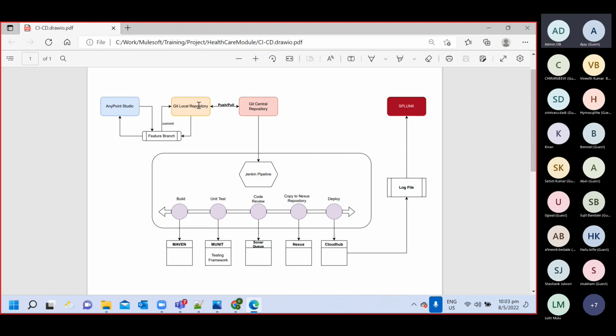First create a local repository. If you want to work from Anypoint Studio, you will not be able to work directly on the central repository. You must create a local repository. Yes, you can work directly on the main branch, but that is not a good practice. So always try to create a feature branch, do all the changes there, and then